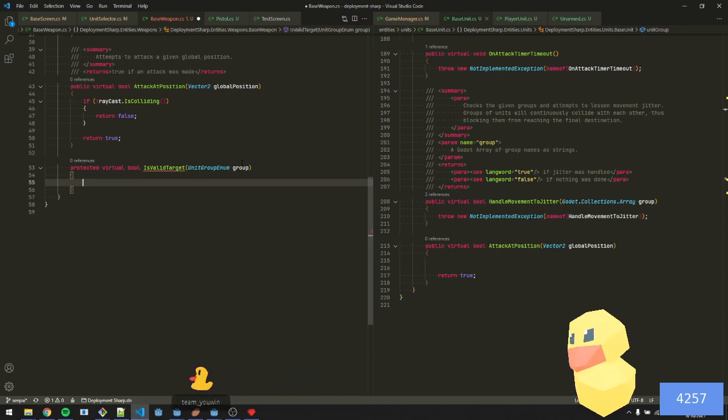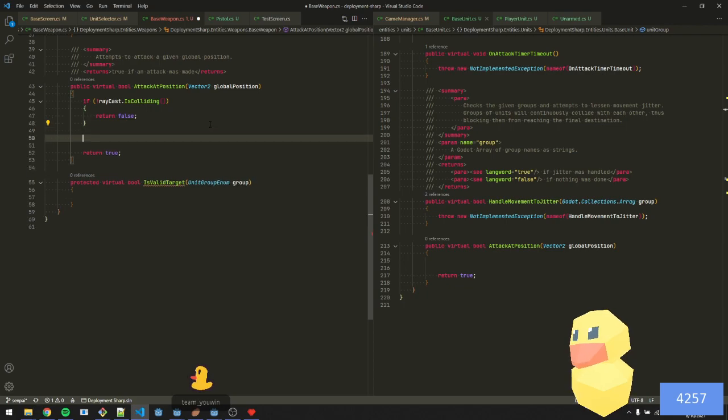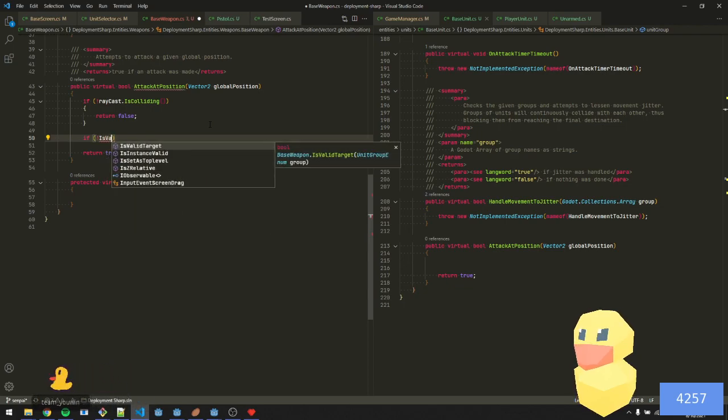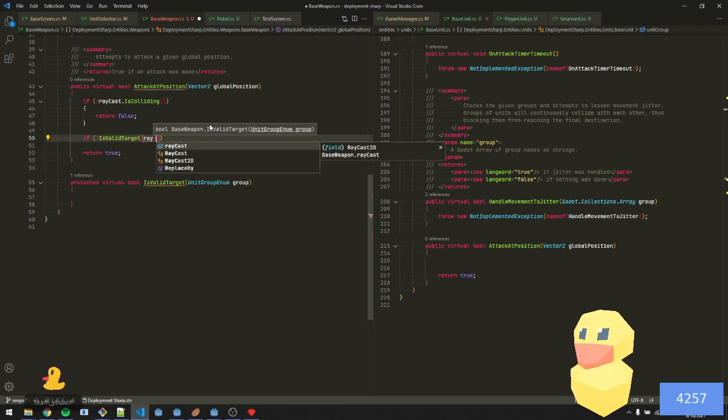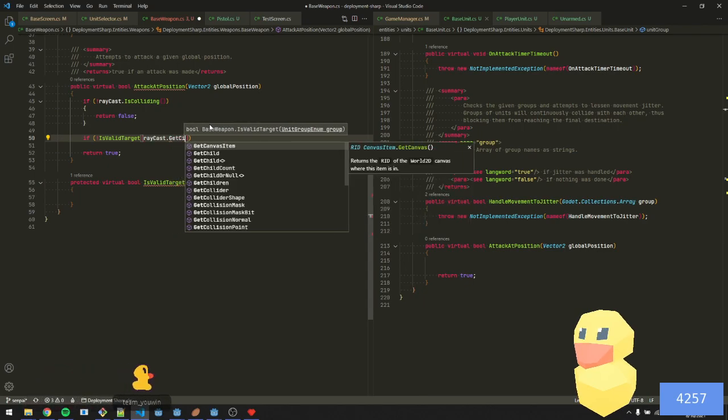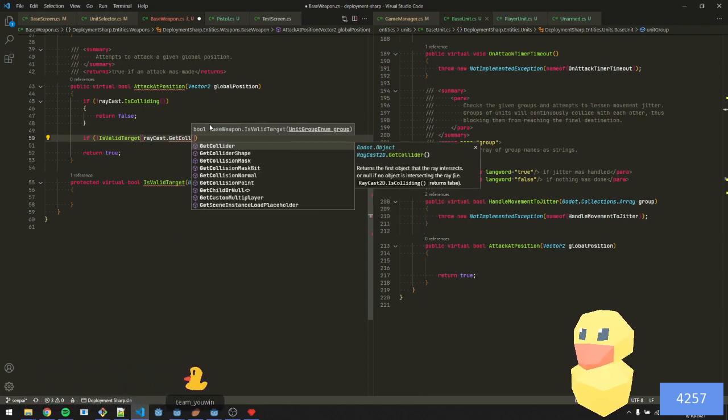So this is, we'll call this here, right? So we have access to the collider, and then we do if not is valid target, raycast get collider, some sort of object,